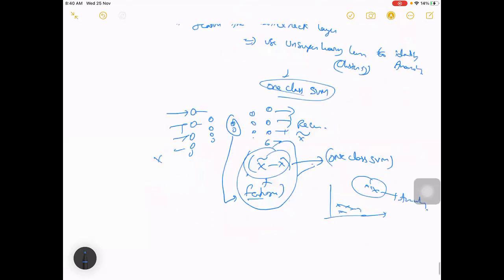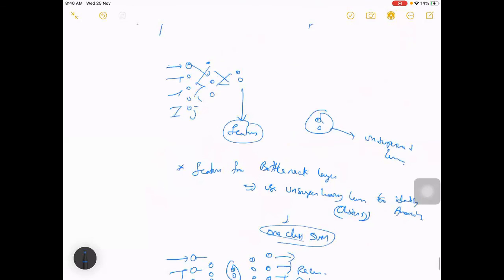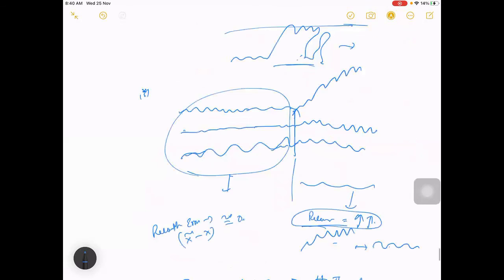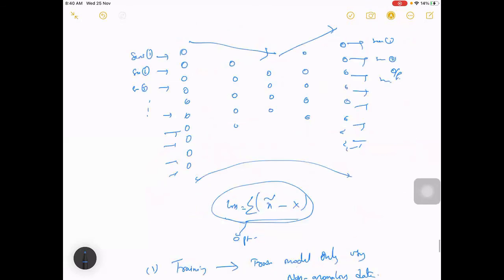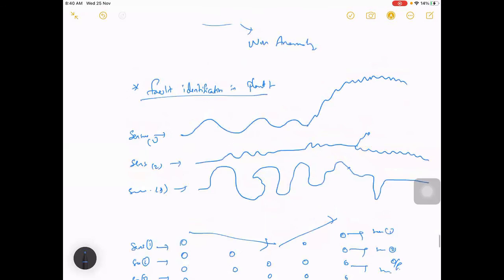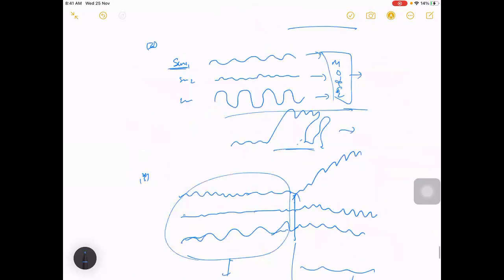Let's say there are two features, call them x1 and x2, and reconstruction error is one more feature, which is x3. From these three you have a few data points, right? These data points you try to classify using one class SVM. So this is one more method which can be used to identify a fault in a system, or anything like abnormality in your system. You can identify it using this. Okay, so this is about autoencoders.